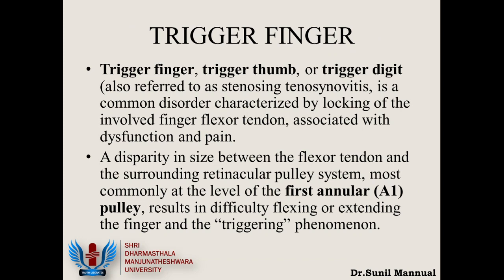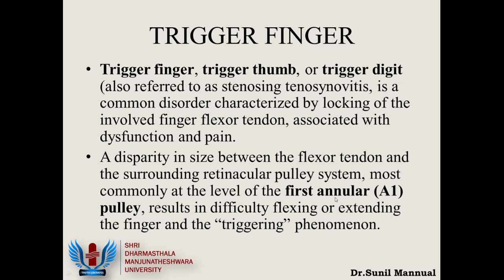Now when we come back to slide number 39, that is to define a trigger finger, basically what we are having is a thickening or an inflammation in the A1 pulley. That's it. So the student has to remember that there is an inflammation or a tenosynovitis, an inflammation of the tendon sheath, and this is occurring at the A1 pulley.